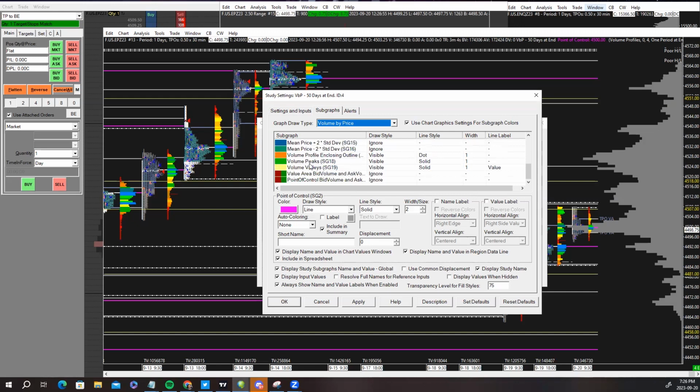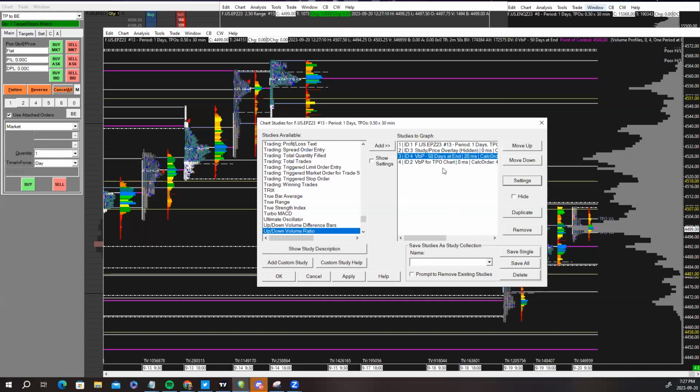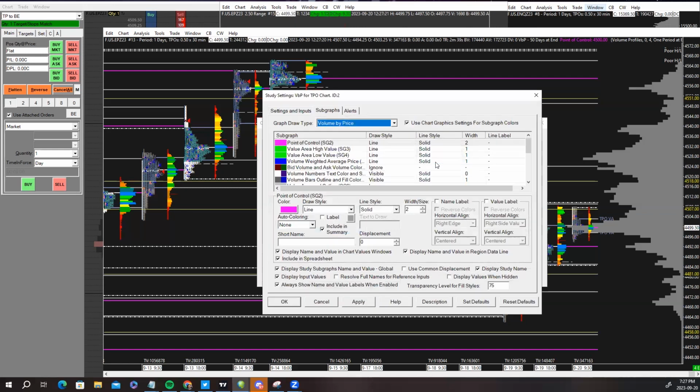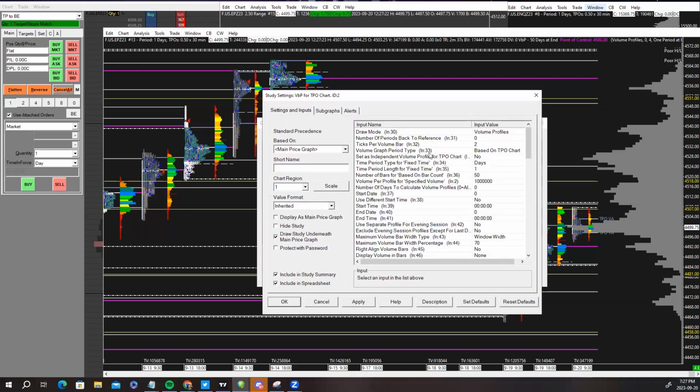And I'll drop down over here to look at the valleys, right? So I'll look at the valleys and I'll make it yellow, right? I'll label it. I'll click these guys over here, and there are my valleys. So that's the cumulative volume profile. Now, when I go into the individual volume profiles, what you got to add is a TPO chart, right? So if I'm looking at this, I add a volume by price chart. And what I'm doing over here is